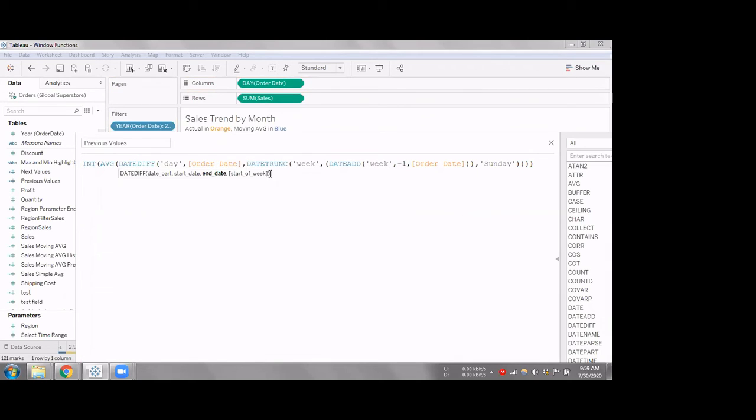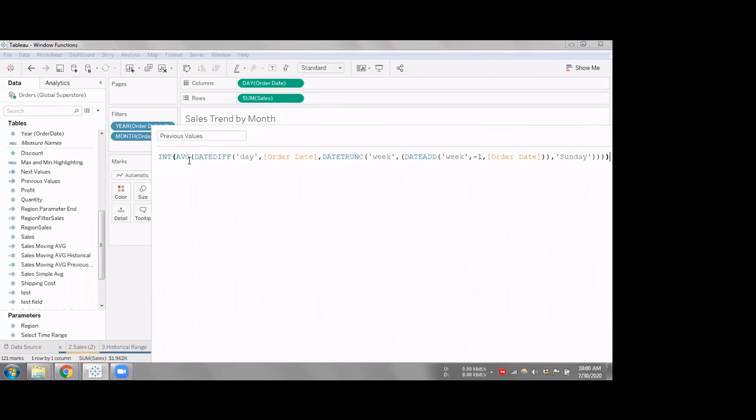From there, we need to get the difference in number of days from that last week Sunday to the current day. So I used the date difference function from the current date, which is the order date, to this last Sunday. It will give me the number of days from last Sunday to the current day.